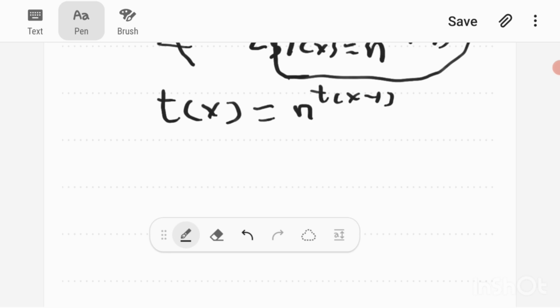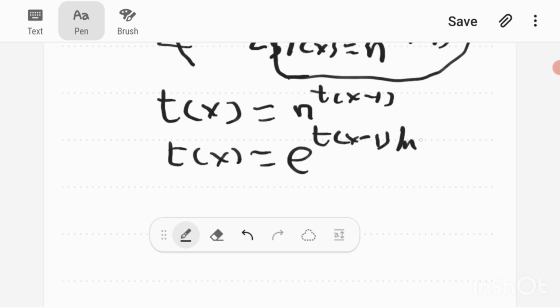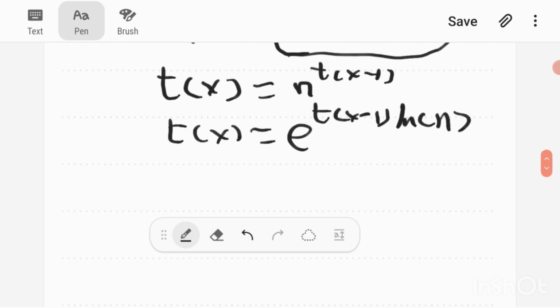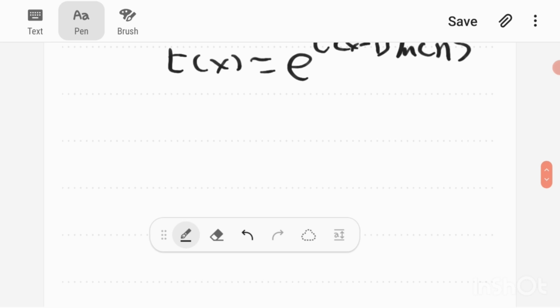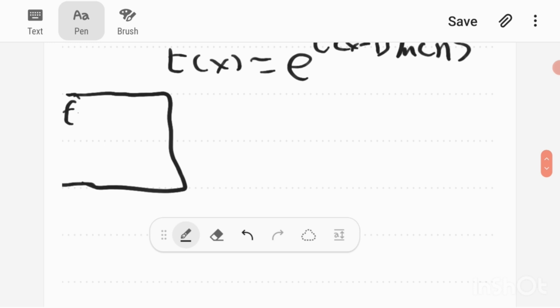and I want to rewrite this equation in terms of Euler's constant. So we'll use e to the power t of x minus 1 times ln of n. That ln of n, instead of ln of x like last video, will play a huge factor, as you will notice. But now we want to remember that if we have a function f of x equal to e to the power